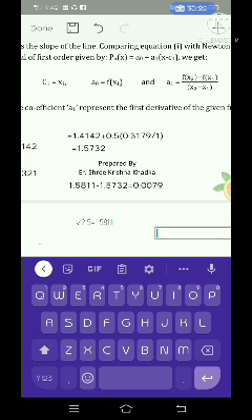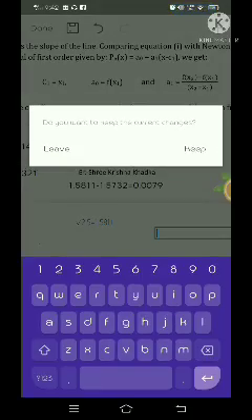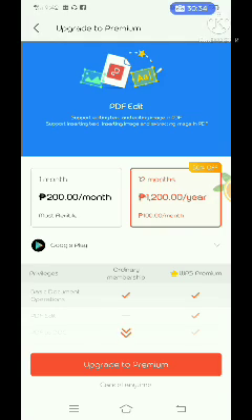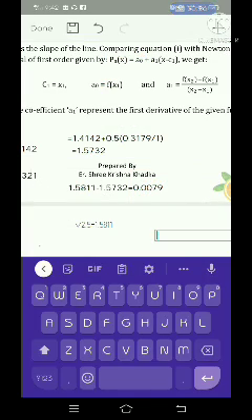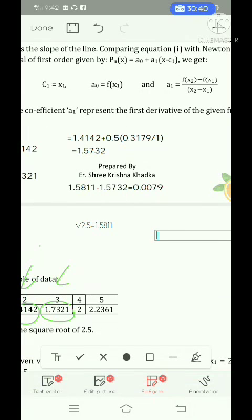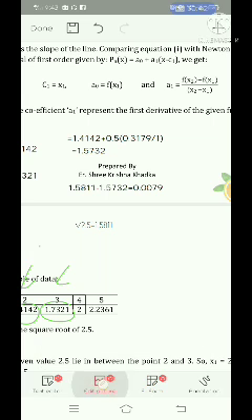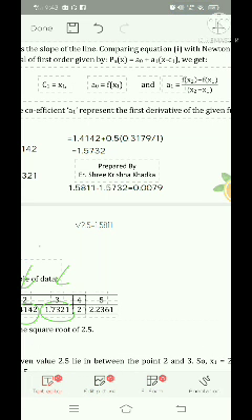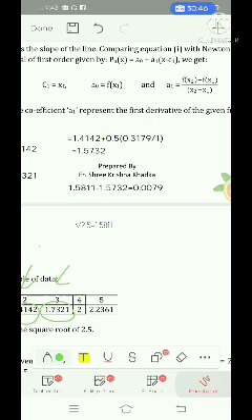Now, what if hindi ito yung ginamit mo? So, kung makikita niyo, maliit lang yung slight difference or yung error niya. Now, what if you decided na iba yung gamitin mo na x1 tsaka x2. Let's say yung ginamit mo is etong